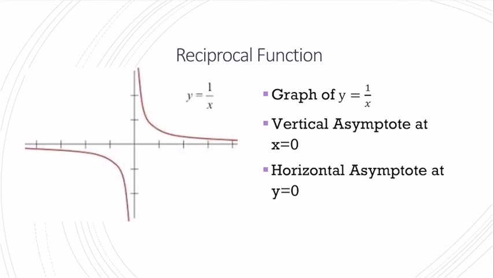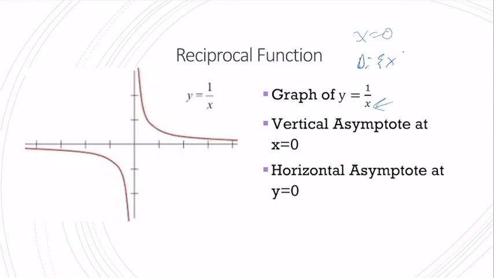So it's important to remember that with a rational function, I have a function in my numerator and a function in my denominator. And one thing that's really important is that my denominator cannot equal 0. So what do we do? We set our denominator equal to 0 in order to find our domain. So I would have x equals 0. That means that x cannot be equal to 0. So my domain would be, let's write that out, my domain would be all values of x as long as